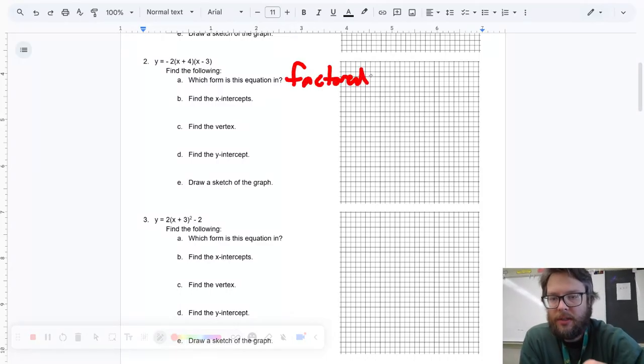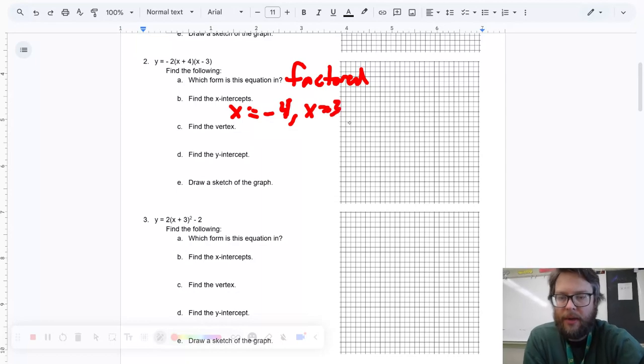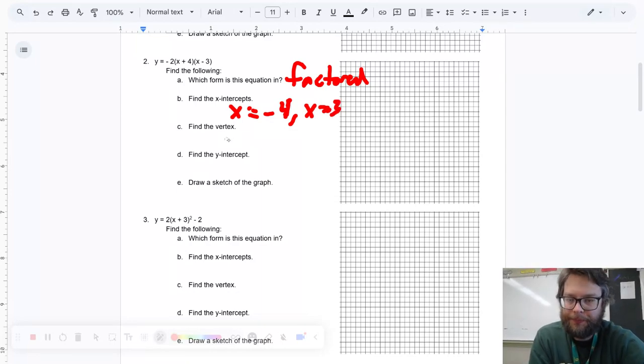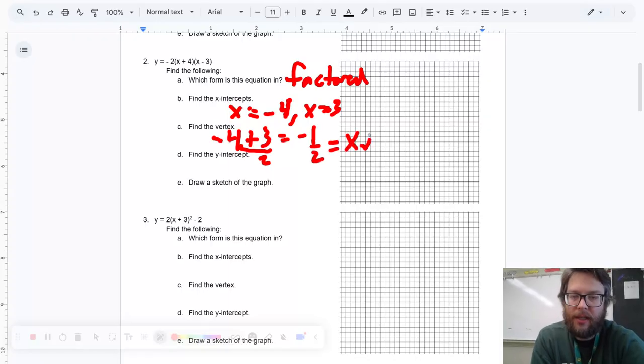The x-intercepts just come from finding what makes each set of parentheses equal 0. So negative 4 plus 4 is 0, and positive 3 minus 3 is 0. The vertex is going to be halfway between those, so if I add them up, I get negative 1. That's not halfway in between, but if I divide that by 2, that gives me the x value of the vertex. Negative 1/2 is 3.5 steps away from both of the